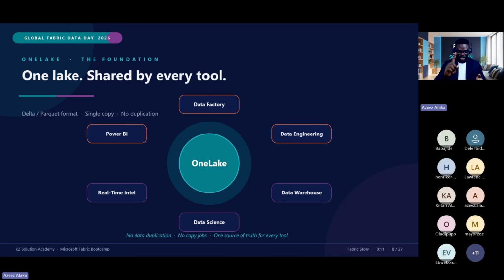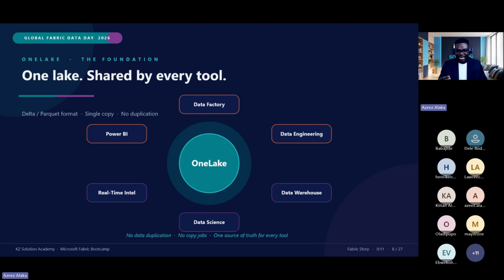So which means that once you have your data in OneLake, a data analyst, who is using Power BI, can connect to the data source on the data lake. It means a data engineer, or data scientists that want to create an ML model, machine learning model, can also connect to the same data source. This is how it works.